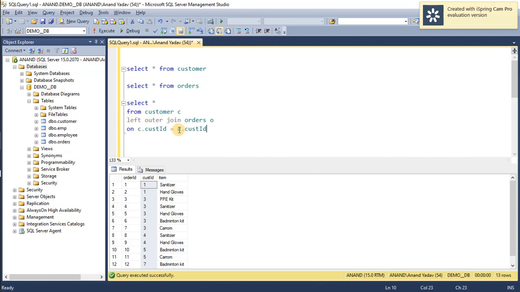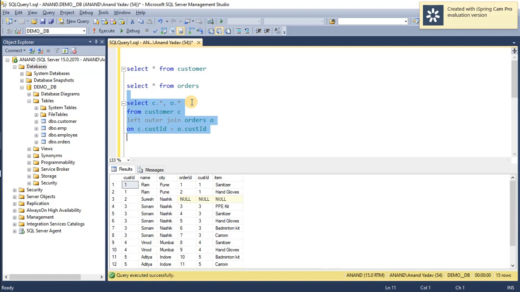This customer id is common between the customer and orders tables, and that is our joining condition for the left outer join. As customer id is a common column between customer and orders, this may create ambiguity, so we'll use the alias names. Right now I'm using C.* and O.* to return the results. So let's fire this query and see the output.